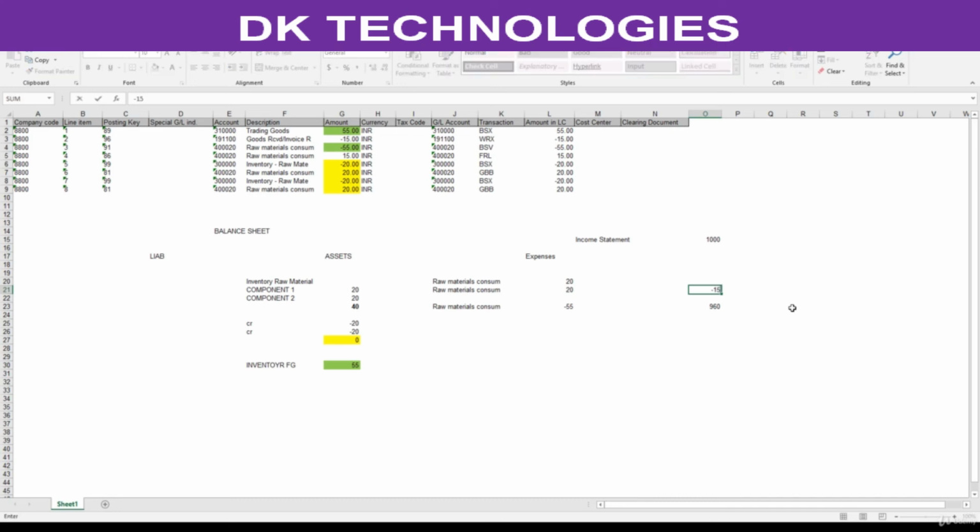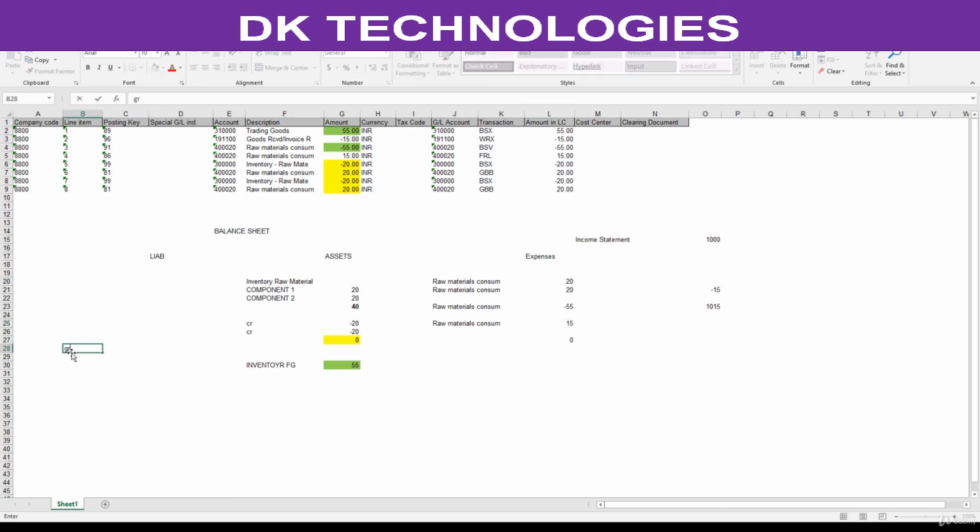If I enter like this, minus 15, it is going to increase your income here. This should not happen. So to remove this impact, the system will post one more entry for subcontracting charges plus. So now take the sum of these 3 entries. So what is the impact? Impact is 0. Impact is 0. Now this is debit, since it is positive. What is the credit? Credit will be given to GRIR like this.